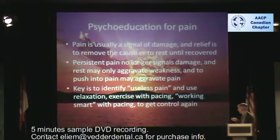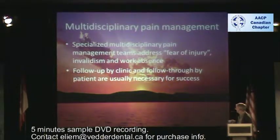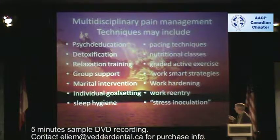Psychoeducation for pain can also be used, and it's important to identify useless versus useful pain and go over the notion that no pain, no gain is a really lousy philosophy when you're helping people with chronic pain. It should be: useful pain, not useful pain, how can you manage that better? Multidisciplinary pain management is not very accessible to most of you. I do that, but you need to have specialized clinics and special funding to make that happen. They usually include